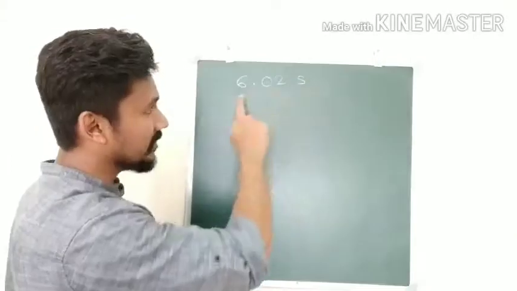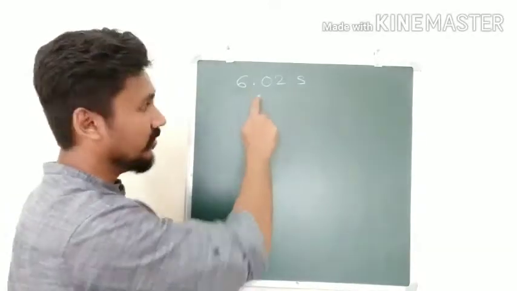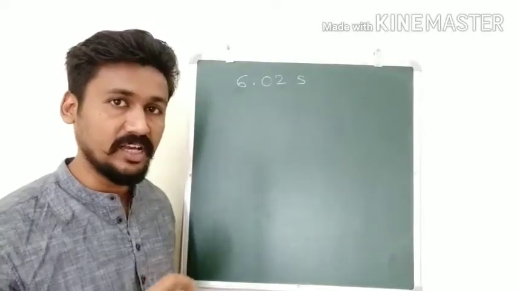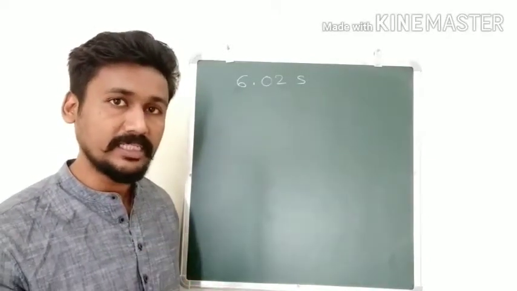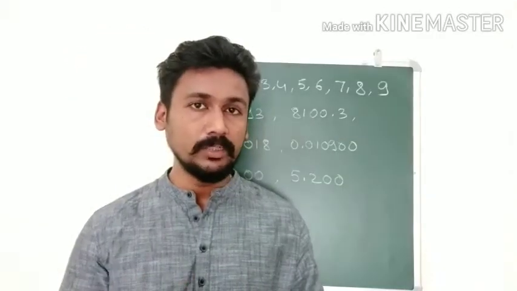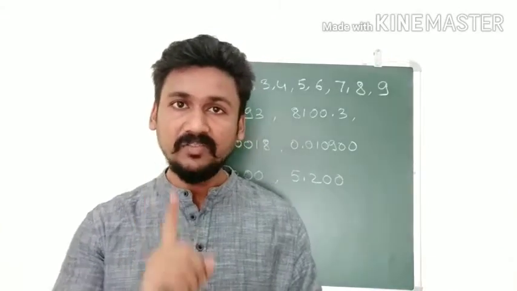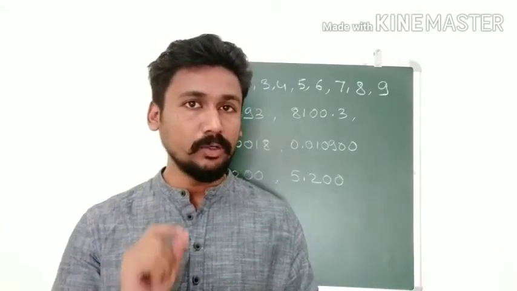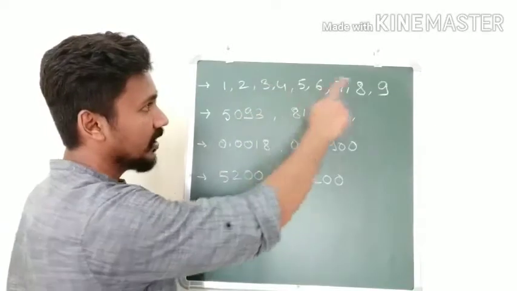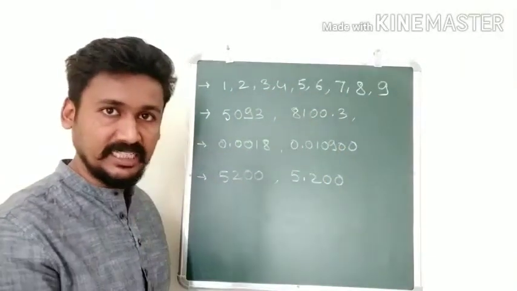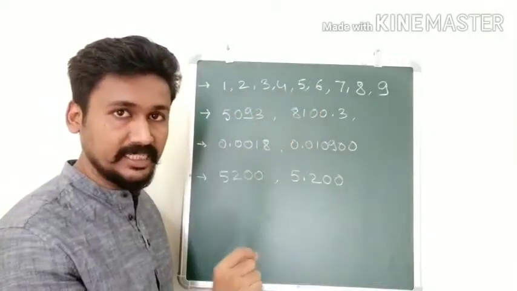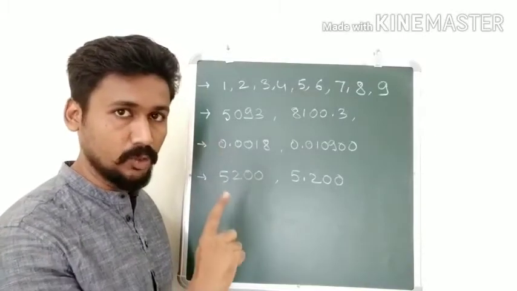Okay. So in this given measurement, how many significant figures are we having? We are having 3 significant figures. Okay, so like this we can find out significant figures for any kind of measurement. Now let us see what are the rules for these significant figures. Okay, so let us see the rules to determine the number of significant figures. The first rule is that all the non-zero digits are significant. So all these digits, that is 1, 2, 3 up to 9, are always significant. So if you have any kind of measurement where any of these digits are present, these digits will be called significant. Okay, that is rule number 1.